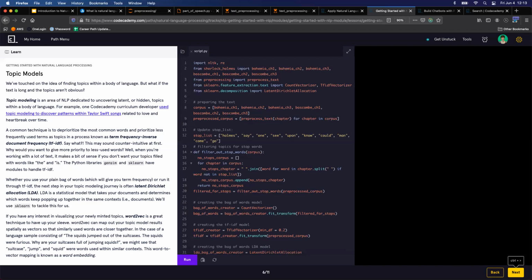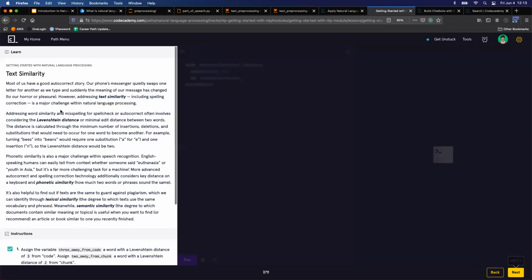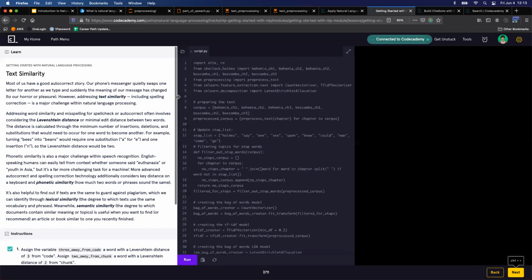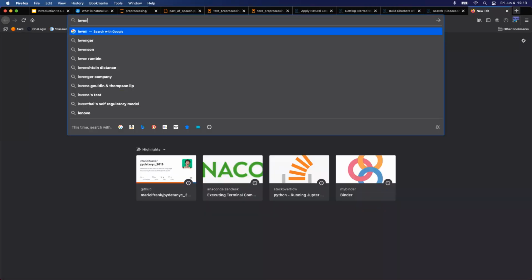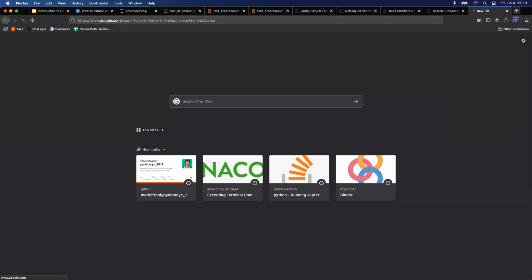Yeah, so we can get into, there's a lot with topic modeling and text similarity. There's a cool tool called edit distance, which uses what's called Levenshtein distance. And you can check how far apart two given words are. I actually really wanted to include, if you do a search into Levenshtein distance,